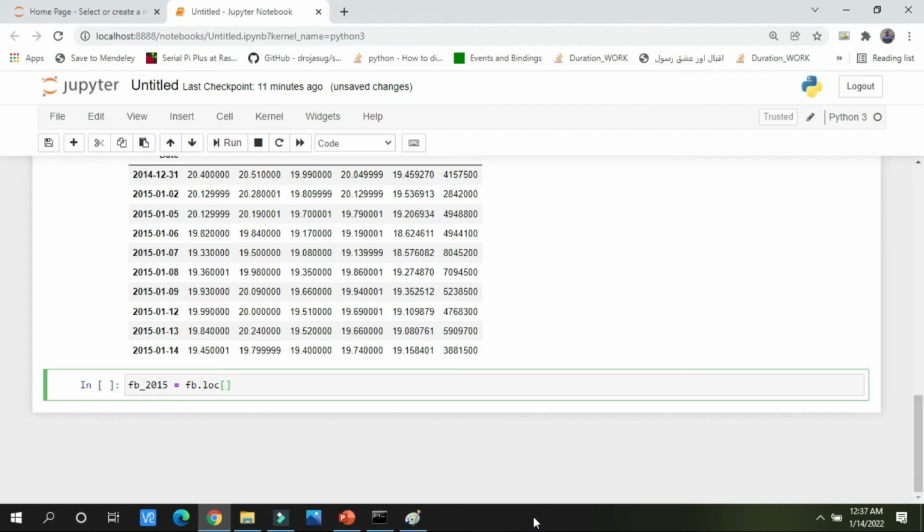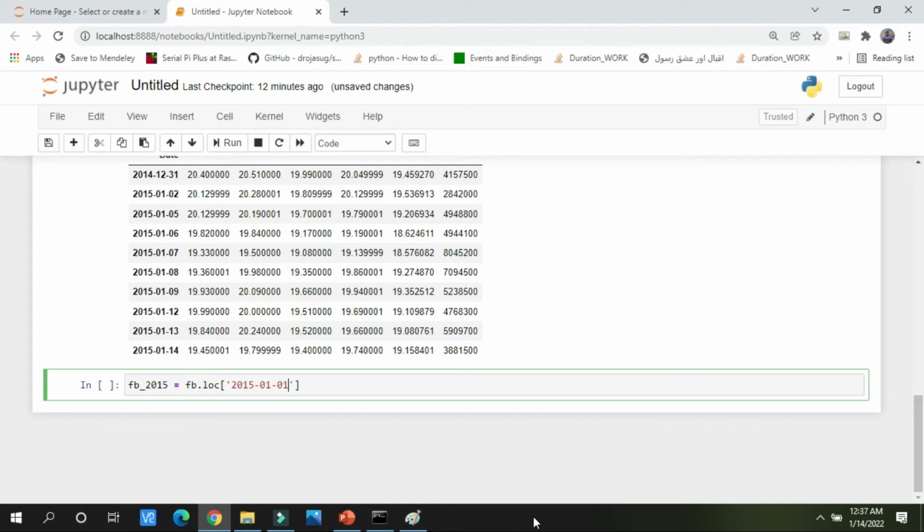Now I am going to slice the data between two dates. I am writing the first date of 2015: 2015, 01, 01.